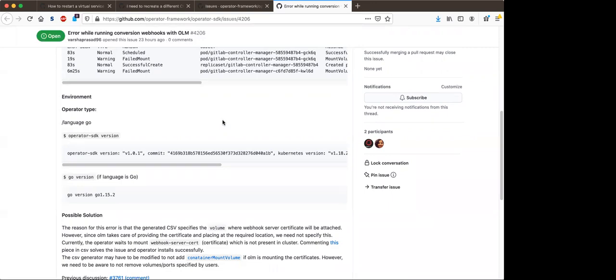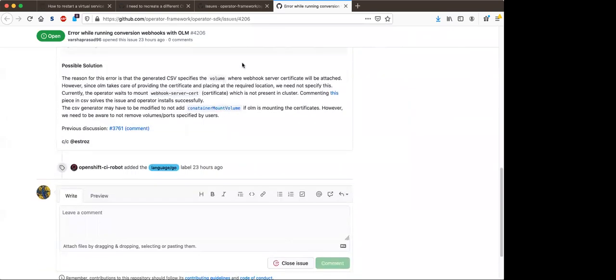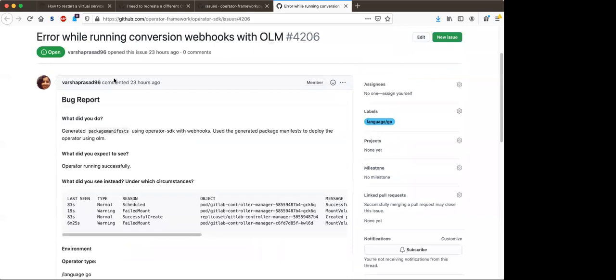So that's something which needs to be changed in the generated CSV. But at the same time, we need to be aware that if there is any volume specified by the user, our script shouldn't remove it. So this needs a bit of discussion on whether we would like to change the code or have a customized patch to modify this.